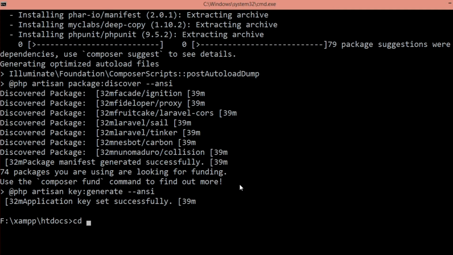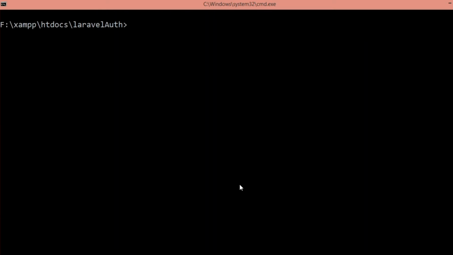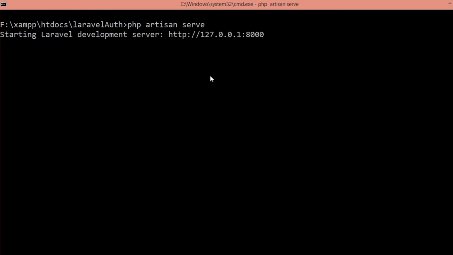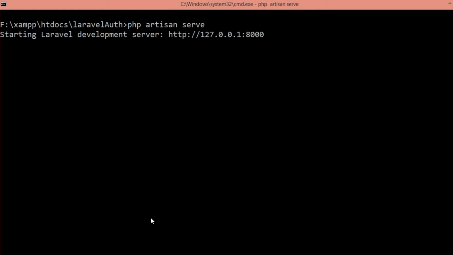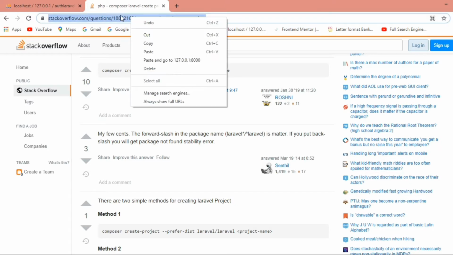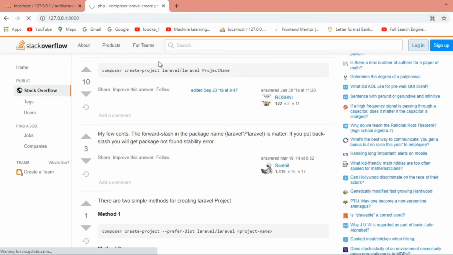Now let's change to the laravel-auth folder and just write here php artisan serve. Let me copy the URL and go here.